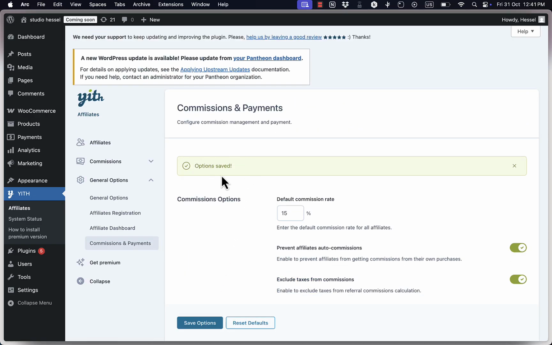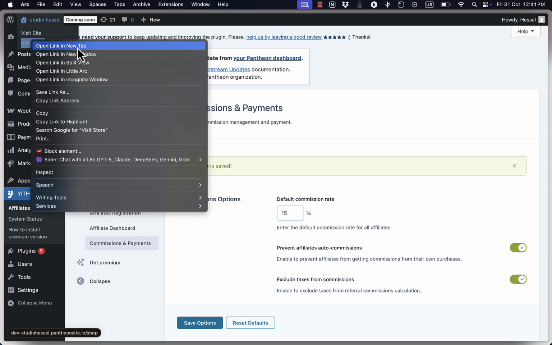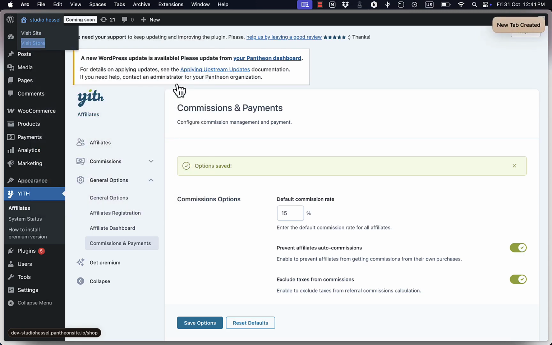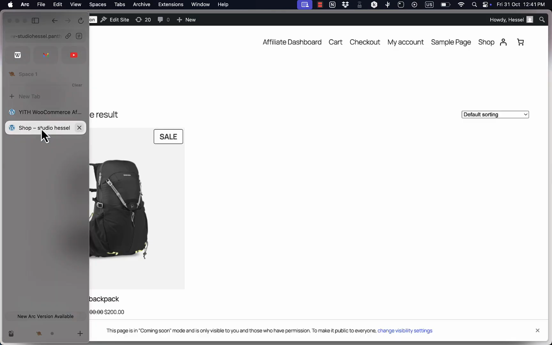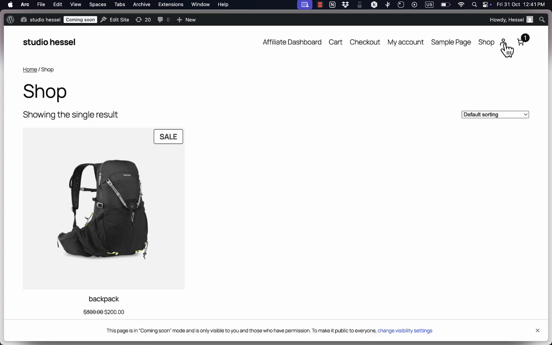Now let's test everything from the customer side to make sure it's working properly. Open up your store in a new browser tab. You can do this by going to your main site URL. Navigate to the My Account page on your store. If you're not already logged in as a customer, you'll need to create a test customer account or log in